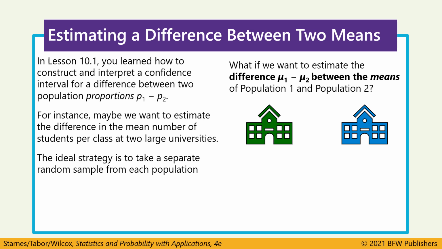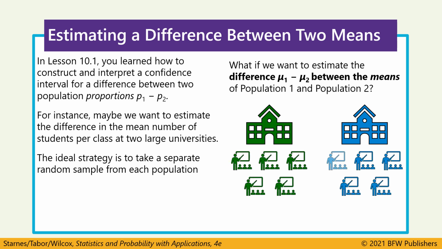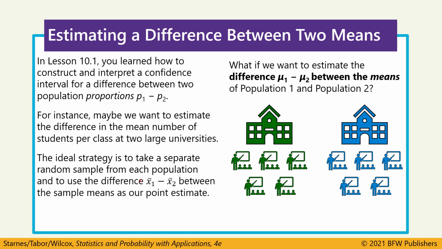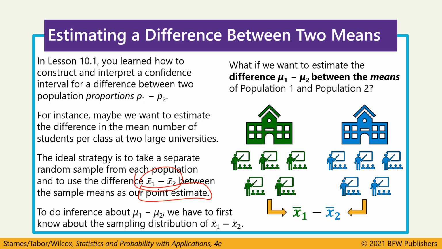Again, we're going to have two different populations, and we'll be taking a sample from each of them. And we'll get sample statistics x bar 1 and x bar 2. We'll find the difference between these two statistics, and we'll use that as the point estimate of our confidence interval. Now, before we make the interval, let's talk about what the sampling distribution of the differences in these x bars